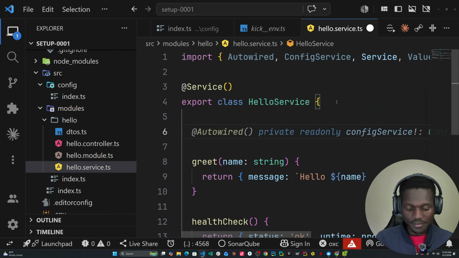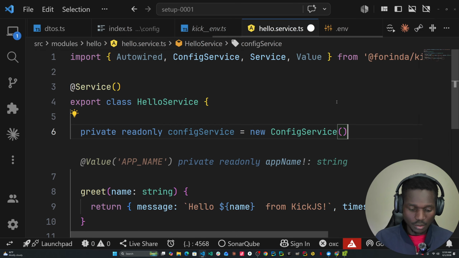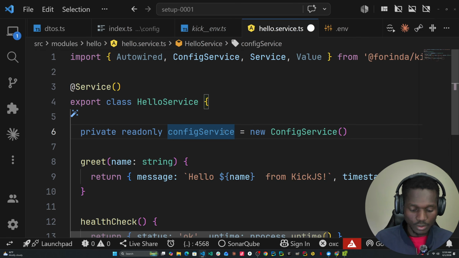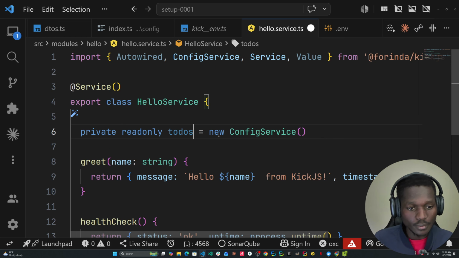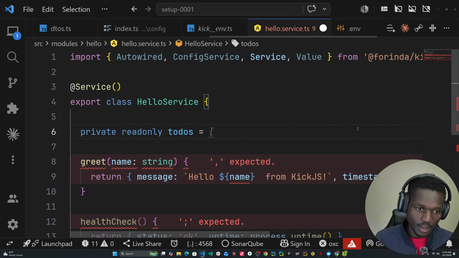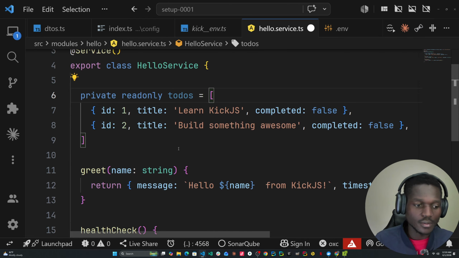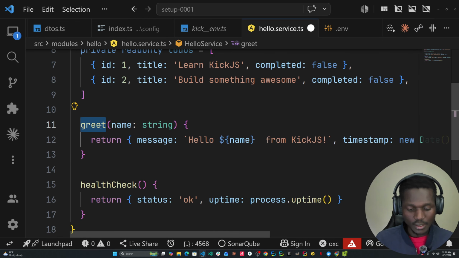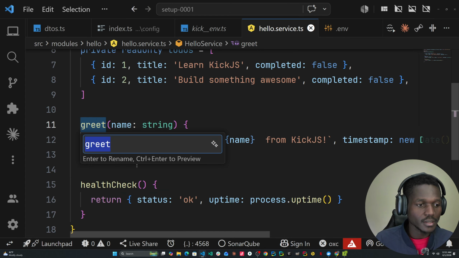So let's say we have private to-dos, which will be those to-dos, then get, instead of that I'll rename reference, so get to-dos,